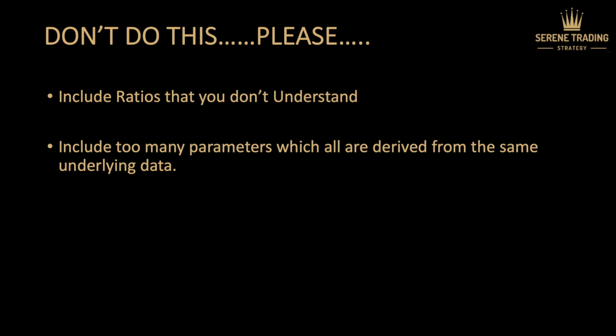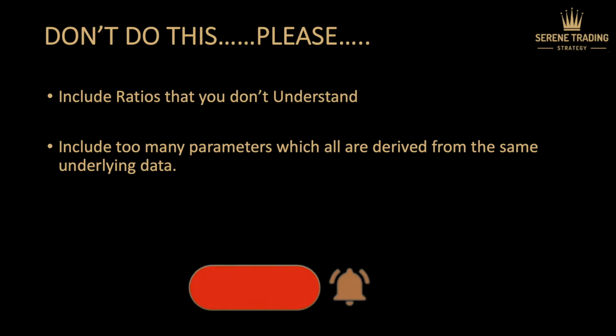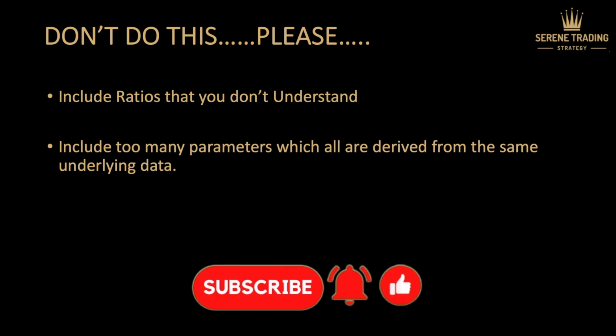And this is basically the don'ts page. So I've already mentioned this. Do not use ratios that you don't understand. If you want to use some ratio, please try to see what that ratio means. And I just don't want you to look up the formula that so and so ratio is this value divided by this value. Understand what is the source of those values. How do those values change? Is it an increase in sales? Is it a decrease in sales? What kind of message is that parameter giving you, right? So that is key, because if you just see a value, you are not going to be able to interpret